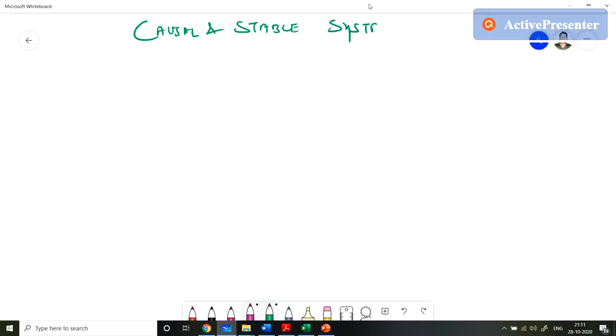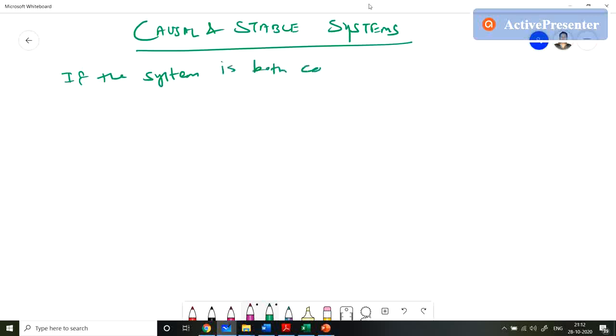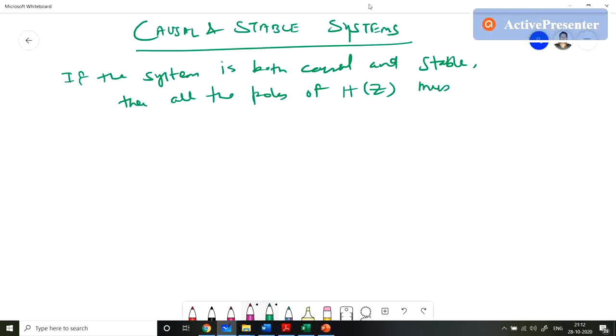If the system is both causal and stable, then all the poles of S(z), that is the transfer function, must lie inside the unit circle of the Z plane, because